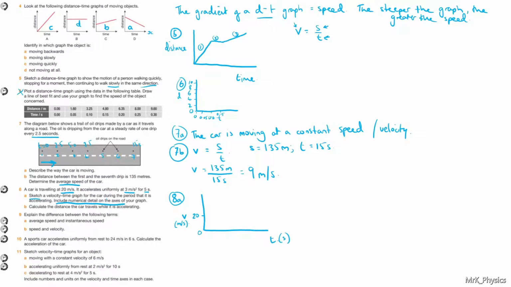But it only wants us to do a graph during the period that it is doing what? Accelerating. So that means we really need to know and understand that if it's accelerating, the graph is going to go up. But by how much? How much does the graph actually go up? Well, in order to do that, we need to know what the final velocity is after accelerating. Now this is where we go back to acceleration is final velocity minus the initial velocity divided by the time taken. And if you rearrange this equation, with a bit of algebra here, you want to times by t on both sides,